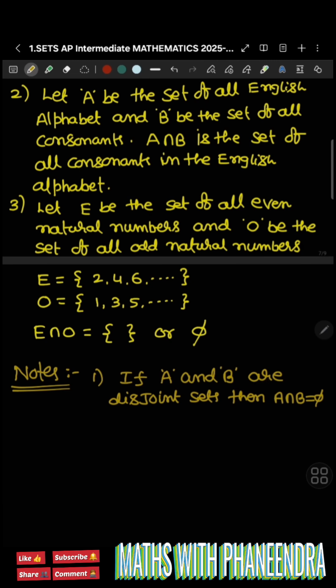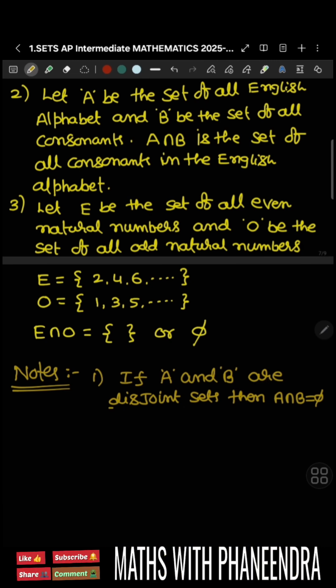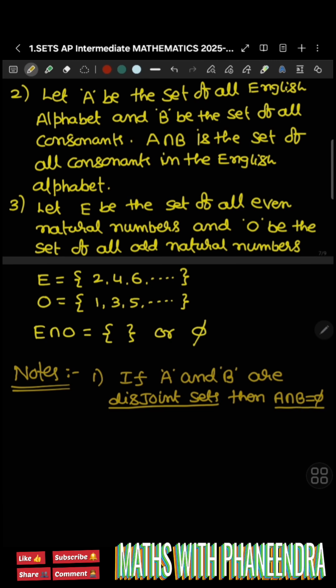If A and B are disjoint sets, then A intersection B equal to ∅. That means there is no common elements